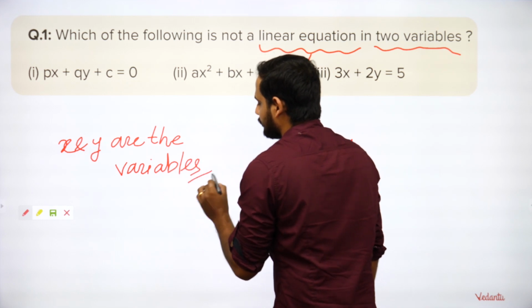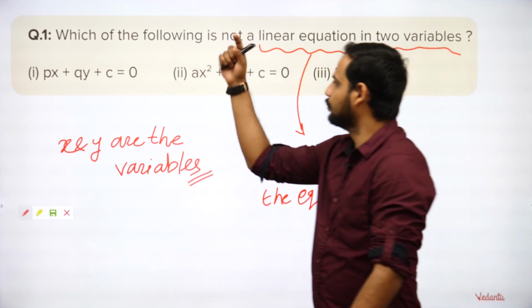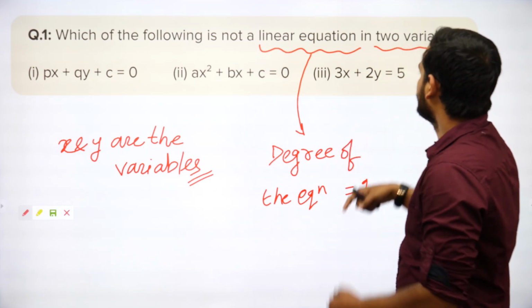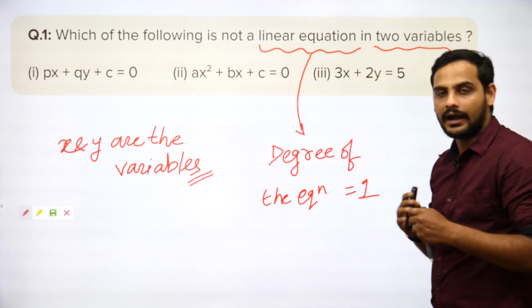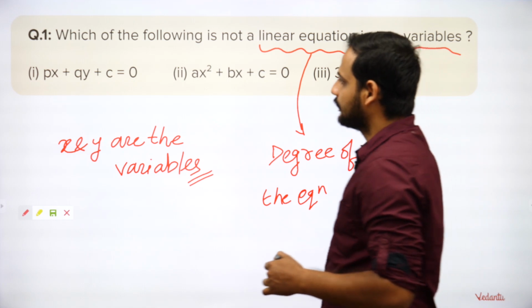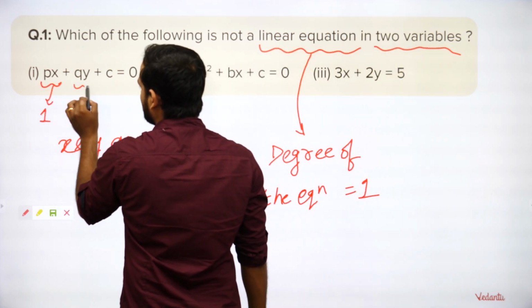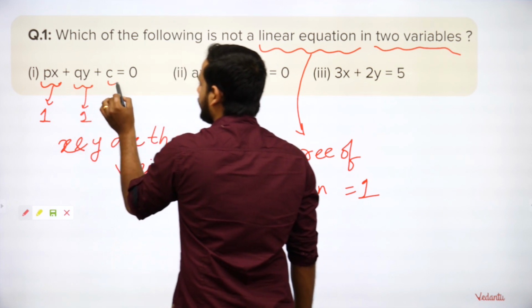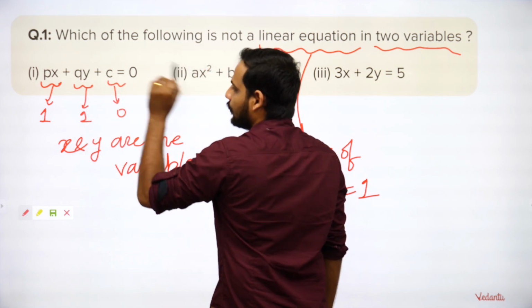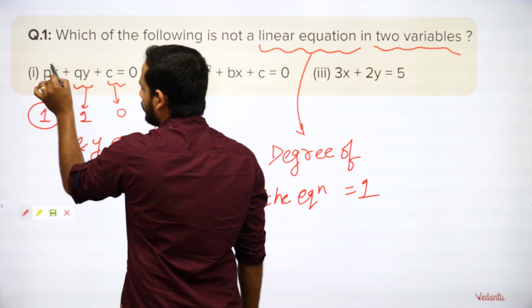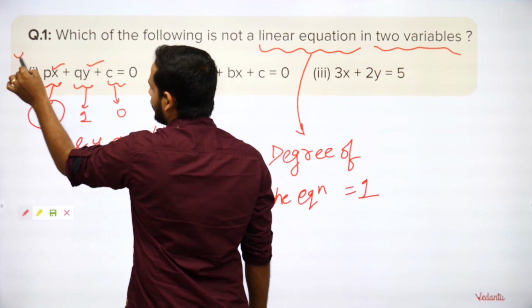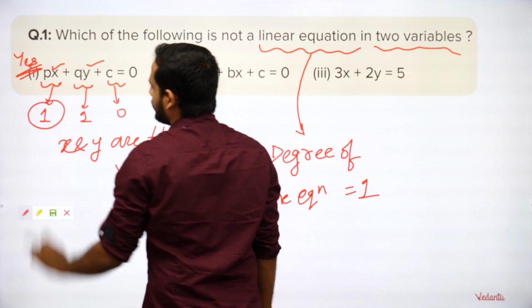Okay, P, Q, here A, B, C, they 3, 2, 5, they all are the coefficients of those variables. So as you can see here, the degree of the variable x is 1, the power of the variable here is 1, and in this term the power of the variable is 0. So overall it is a linear equation, and we have two variables, so yes, it is a linear equation in